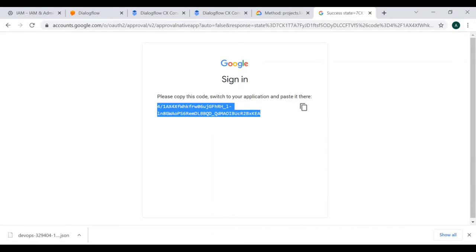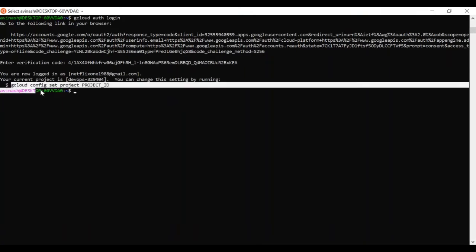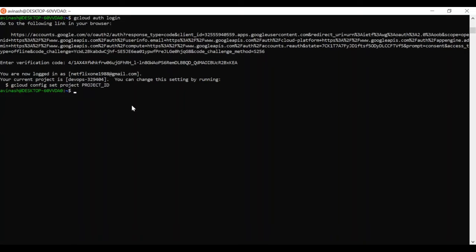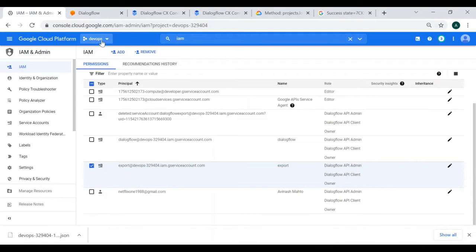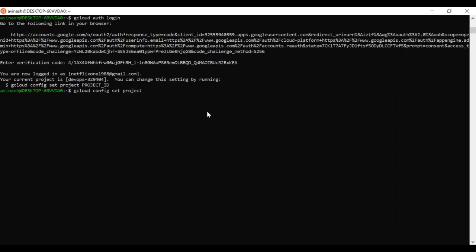Now it's giving me the code. Now I can set the project ID as well. So I copy here, and the project ID you can take from your Google account. So this is my project, DevOps. Copy here. So my project is set.